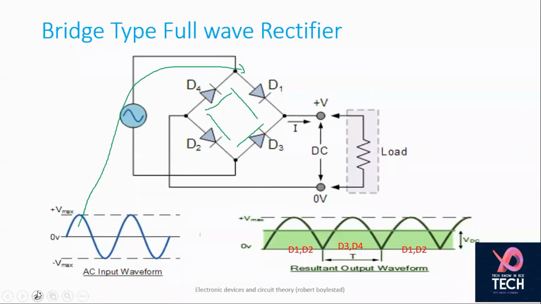So how your device actually operates, the current starts flowing here, D1, and goes like this because this is forward biased. And then it goes like this and completes the cycle like that. So during positive cycle of the input supply, your diodes D1 and D2 are on. So things remain the same: definition, circuit diagram, input waveform, output waveform, and circuit working. So what I am discussing right now is circuit working.